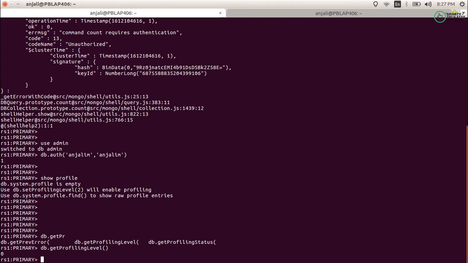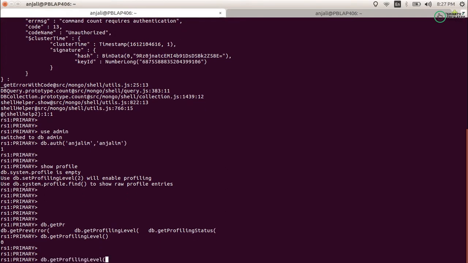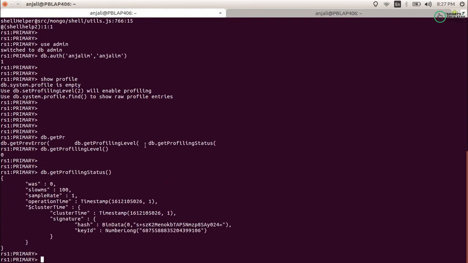That means it is not logging anything into the database, but yes, it is logging elsewhere. You can see that if I go to the status, what does it say? It says level 0 and slowms. This is the timing which you set, so that if any of the queries take more time than this, it will log it.